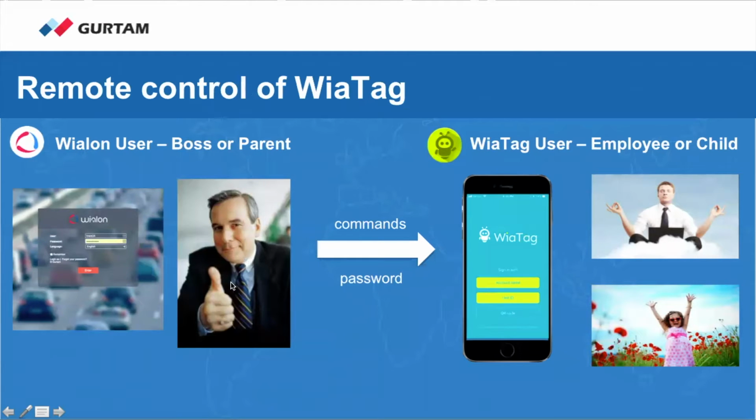So let's say it's not even about tracking a child for his own safety, but it's about workforce management and tracking the employees. And most likely you have more than one. And in this case, these steps that we just looked at, you would need to do the steps for each of these employees, for each of the WiaTag applications. A little bit inconvenient, so we want to make your life easier,